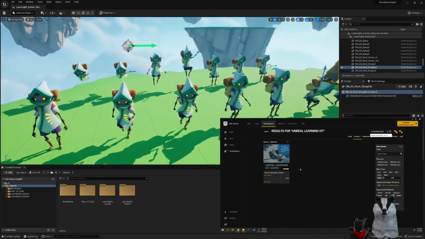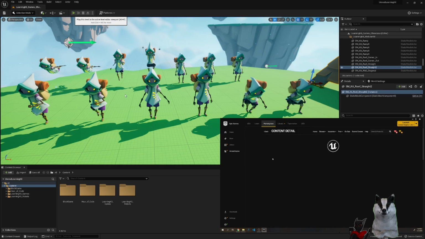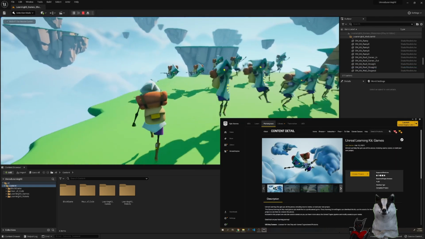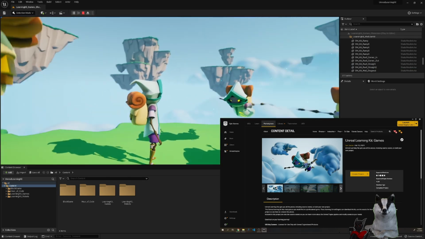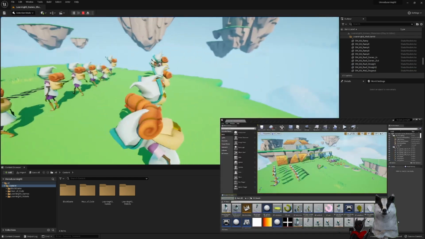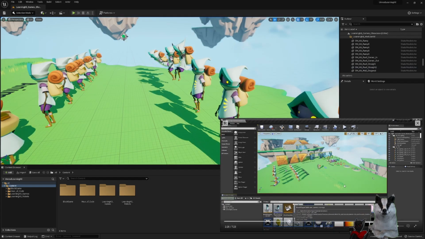Once you've added the Learning Kit to your account, select the Learning Kit in the Marketplace again, and select Create Project. Create the project and open it from the library in the Epic Games Launcher. When the project first opens, select the Show Sources panel on the left of the content browser. To find the